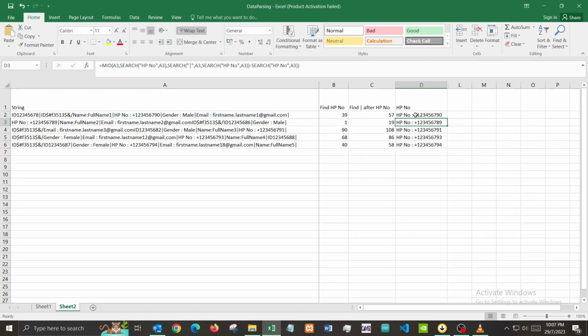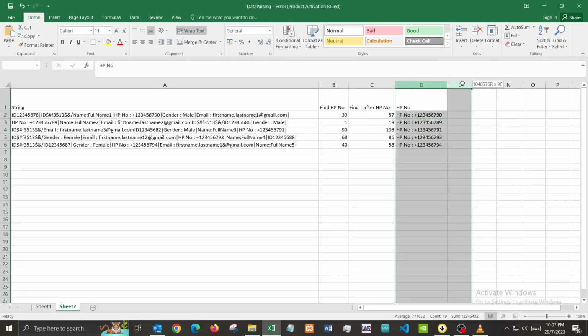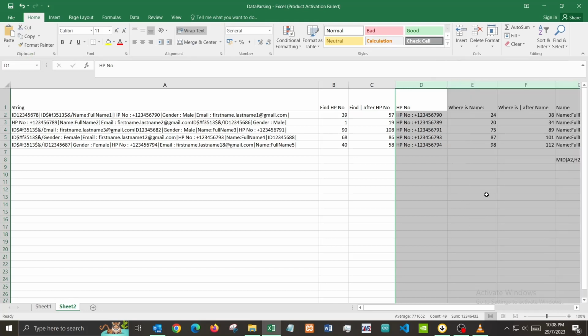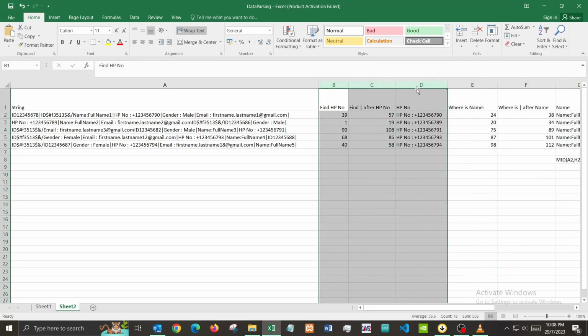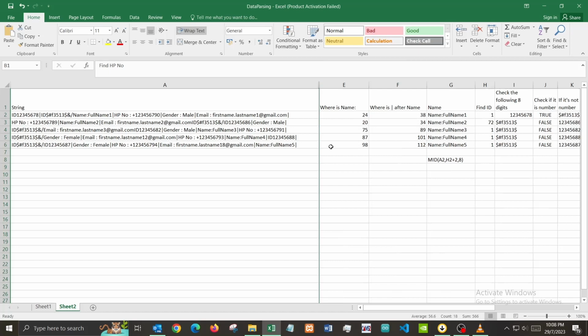Okay, so that's how the formula works. I will share all these formulas in my blog, so don't worry about it. Now let's see if we could find something else as well. My bad. Let me show you something. We have discussed the handphone number, so let me hide that. Let me show you if this works